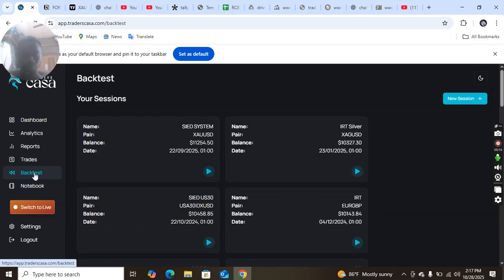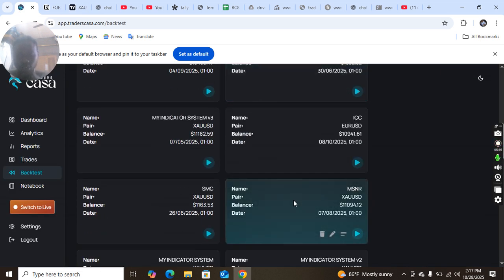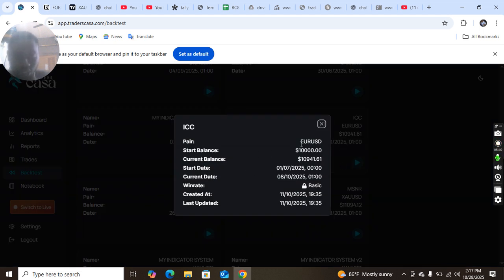On the analytics of this trade, we can see right here, this is the analytics of the trade. I backtested it on EUR/USD on the 1 hour time frame, 25 trade logs for 3 months. I started on the 1st of July, and I ended on the 10th of October. So this is the strategy ICC on EUR/USD, started with